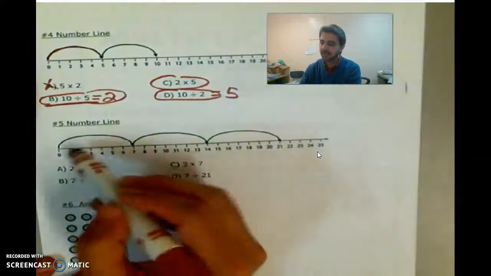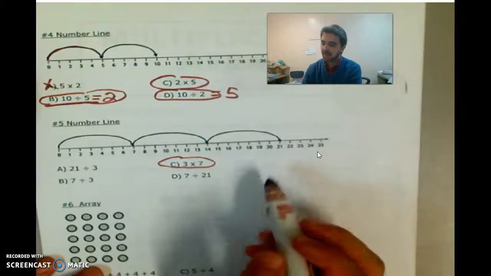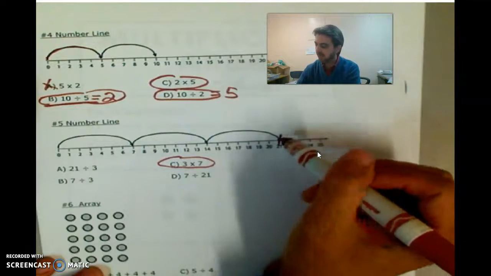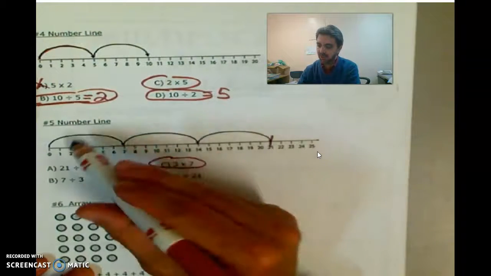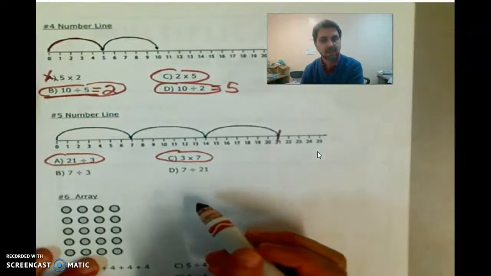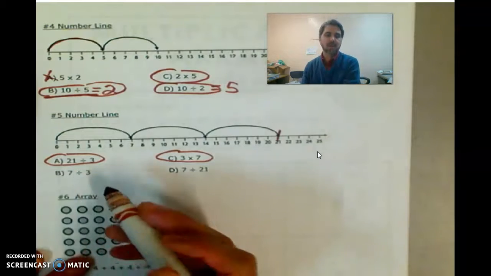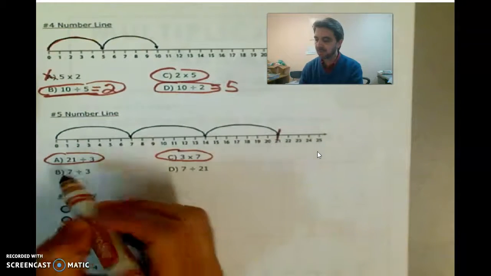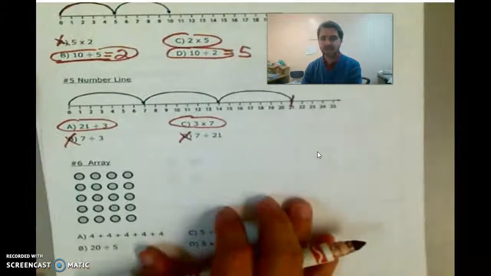Okay, same here. We have 3 groups of 7. We also have a total of 21, right? And it's divided into 3 equal groups, so that works right here. 21 divided by 3. The other ones do not work. Right now we are taking the total and dividing it into equal groups, and that's not what happened here. And then lastly, we have this array,